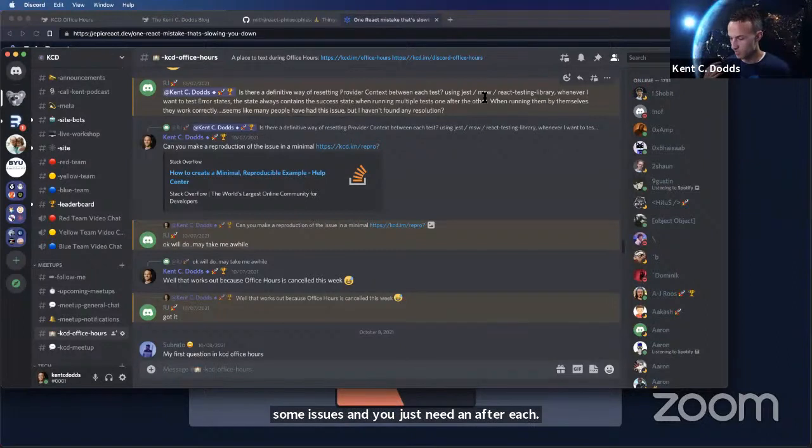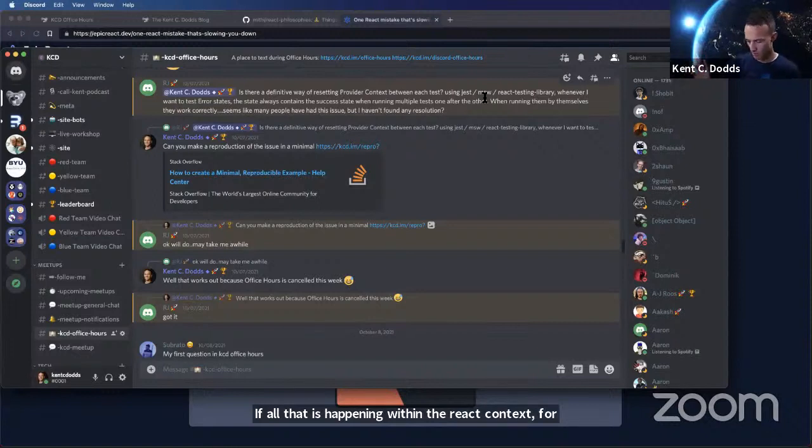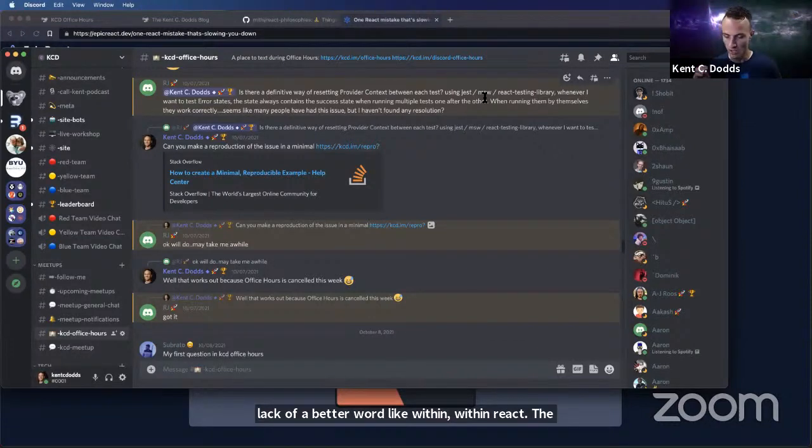But if all of that is happening within the React context, for lack of a better word, like within React, then all you need to make sure that you do is each one of your tests gets its own provider. And when you create a new provider, all of that state from the old one should just be gone. You shouldn't have any trouble.